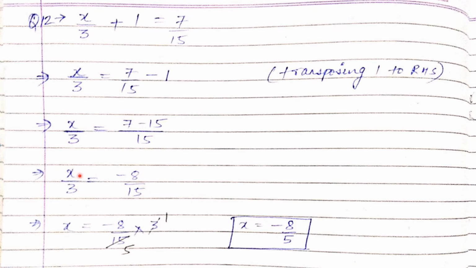Now nothing else is left apart from 3 on this left hand side. So to find the value of x, x has to throw this 3 to the right hand side. You can see this 3 is in division over here, so it will go in multiplication on that side. Before multiplying, if you can see they are getting simplified, first simplify them. So 3 ones are 3, fives are 5, so the answer is minus 8 upon 5. Got it?